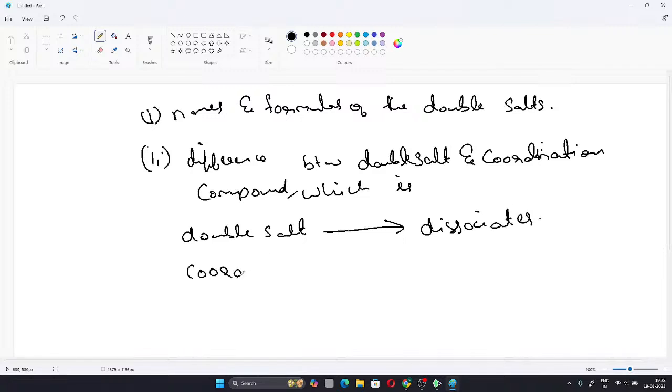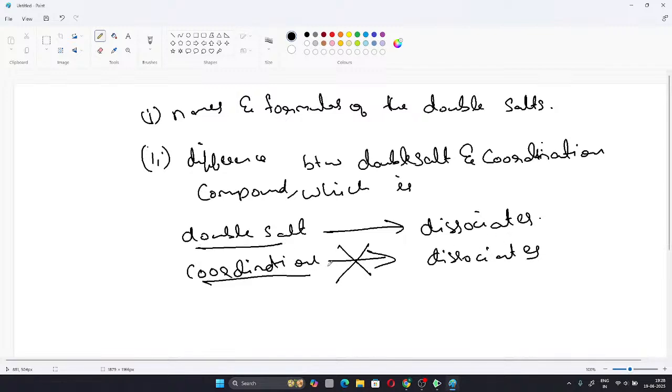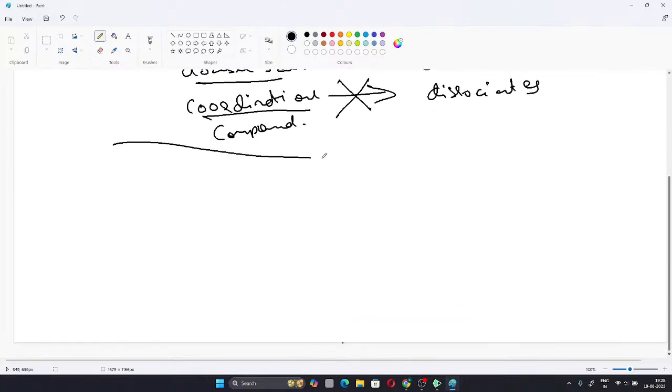Coordination compound, no, it doesn't dissociate. This is the difference they gave between coordination compound and double salt. And the names of examples for double salt: